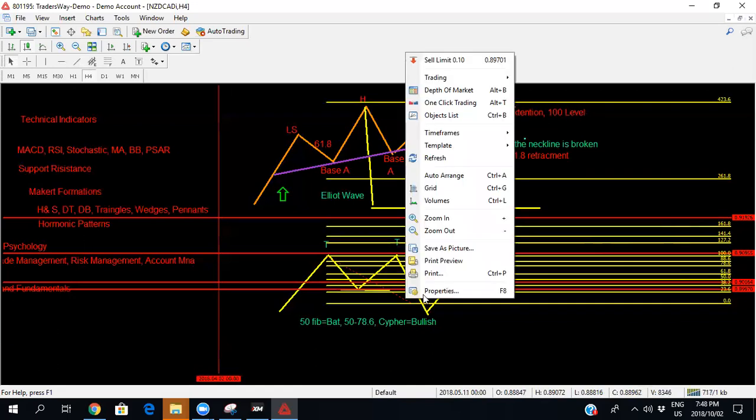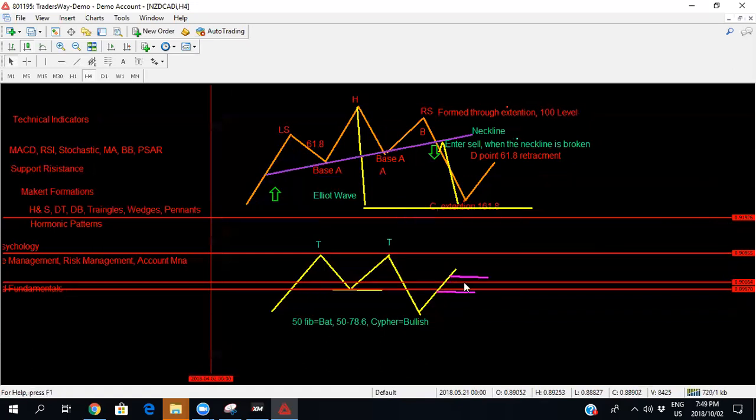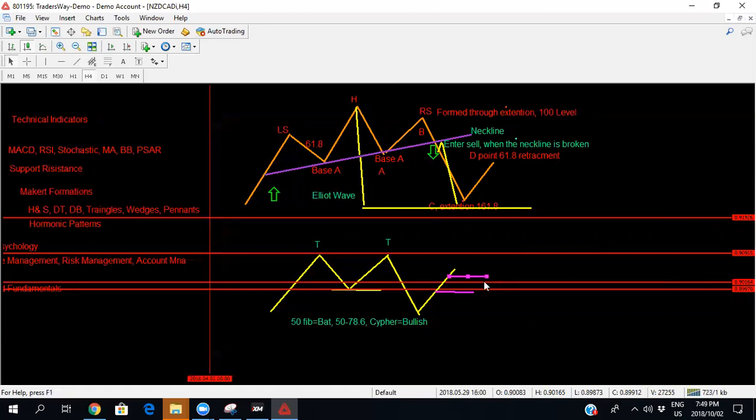Therefore, your first take profit will be the 38.2. Your second take profit will be the 618. This is the pink one. I think it's magenta, yes. This color, yes, you know, we learned, some of us, we did science, but hey, we just did science. So yes, from the base here, which is D point, this is X, A, B, C, D point, we buy. We buy at the D point, and then we take profit around the 38.2,